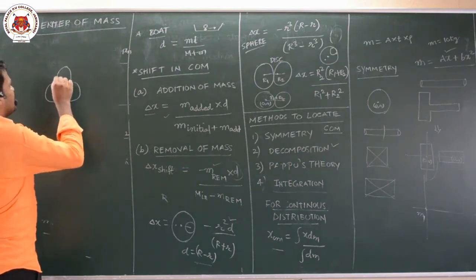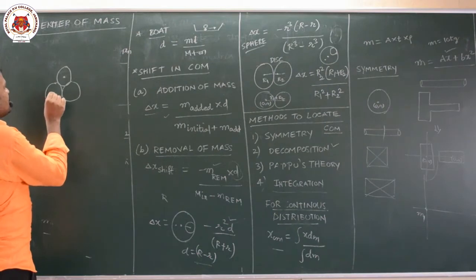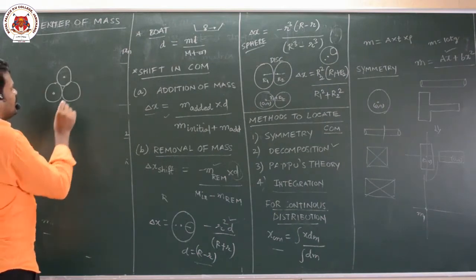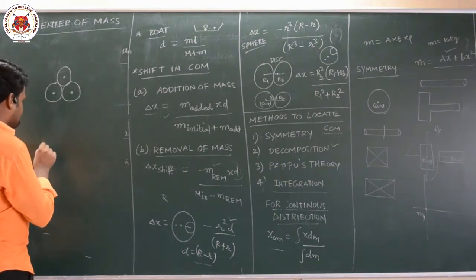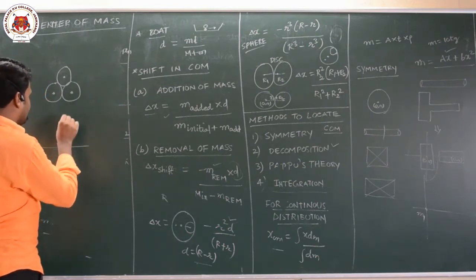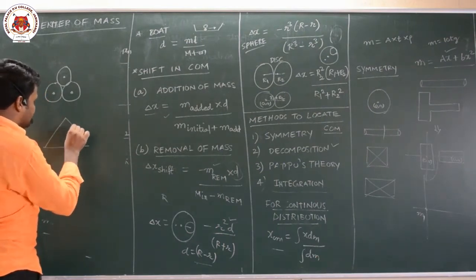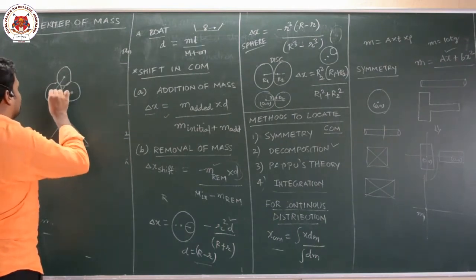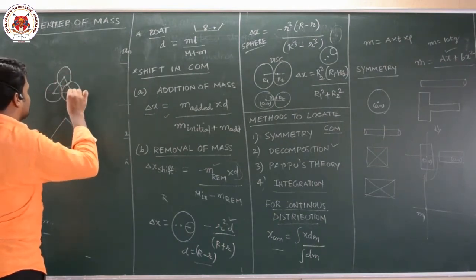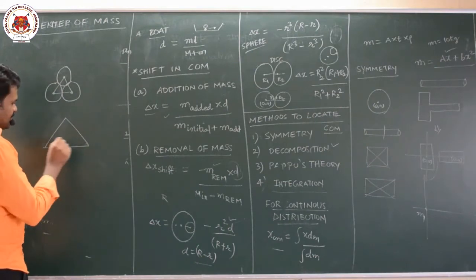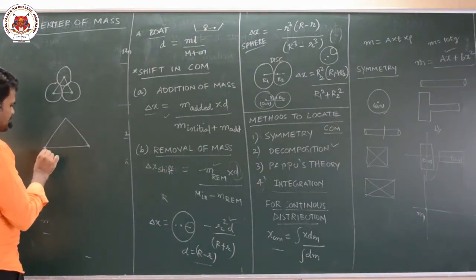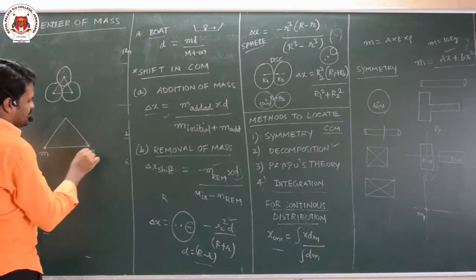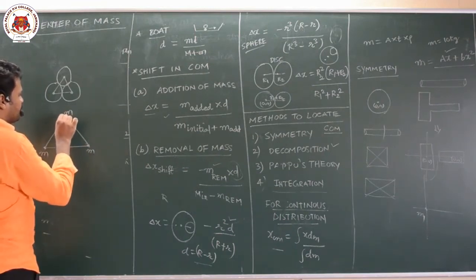This sphere is a regular body, the center of mass of the sphere lies here. This sphere is also a regular body, center of mass lies here. This sphere is also a regular body, center of mass lies here. So I can convert this system into an equilateral triangle like this. I can replace these spheres with a small point. That is the concept of center of mass. So here mass m lies, here also m lies, and here also one more m.